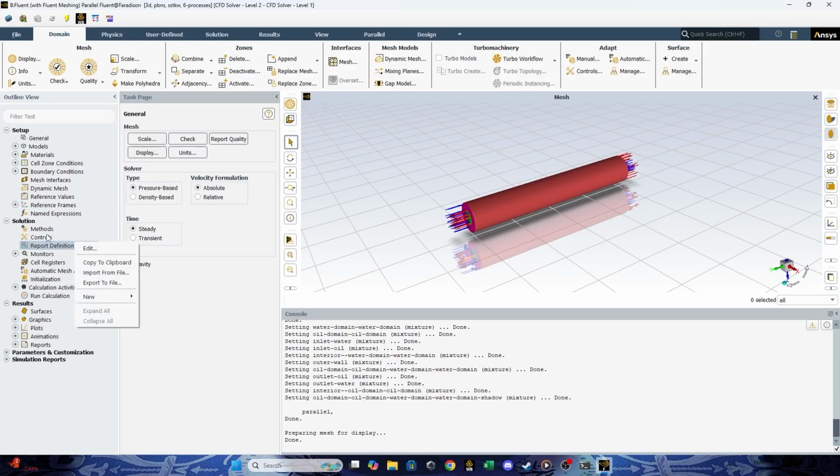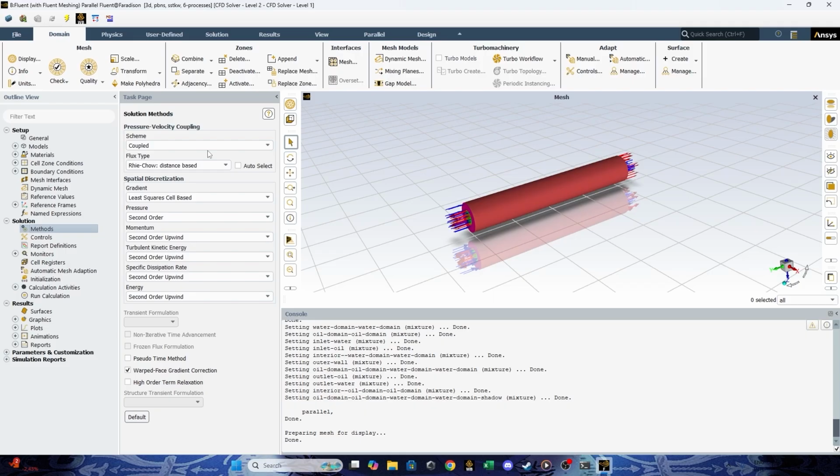Okay, so because we need temperature and also pressure, what you can do is go to the report definition. But before that, we need to define our methods for this solution first. For the solution methods, I will stick to the default setup by using the coupled scheme, and everything is set to default.